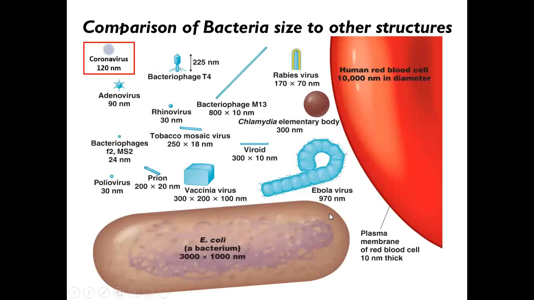All right, so let's look down here at the bottom. We've got E. coli, which is just a generic bacteria. You can see lightly in here that the DNA is floating around in there. And just for comparison's sake, over here on the right, you can't even see the whole thing, is a human red blood cell. This is one of the smallest cells in your body, and it's still many-fold bigger than a bacteria.